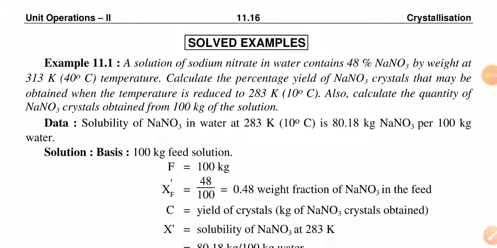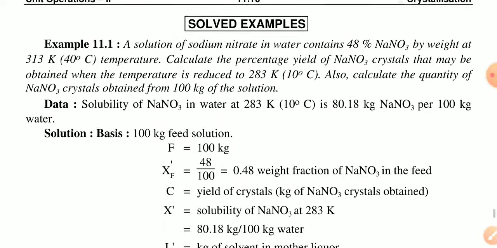Good afternoon, everyone. Today we discuss Mass Transfer Operation 2, Unit 6, Crystallization. The topic is solving an example for a material balance for crystallization. In a previous lecture, we discussed the overview topic. So let us start Example 11.1, calculation of a crystal yield.